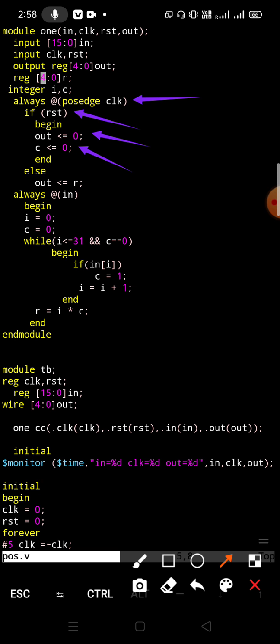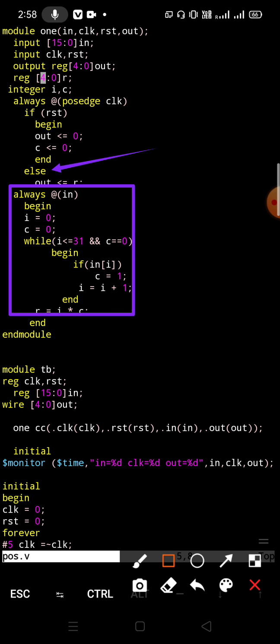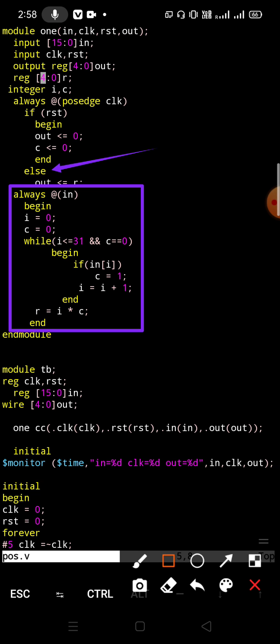Else, that means when our reset is equal to 0, in that case the control will come here and the output will become R. And the definition of R is written here using the combinational always block.